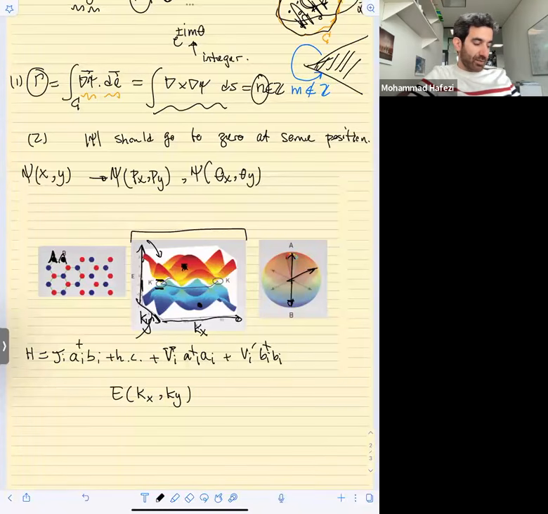I don't have any energy state. Or if I'm interested in the group velocity dispersion or higher orders of that, then I have to take the derivative of this E with respect to K. So the first derivative, second derivative, third derivative, etc. So just knowing how eigenvalues change as a function of kx and ky, I get a lot of information,